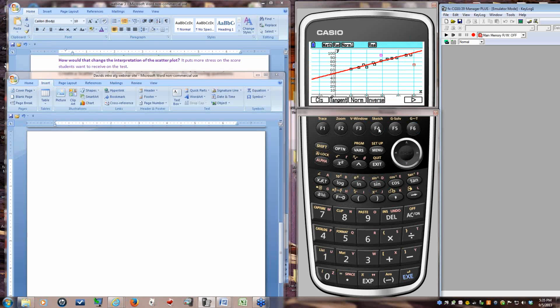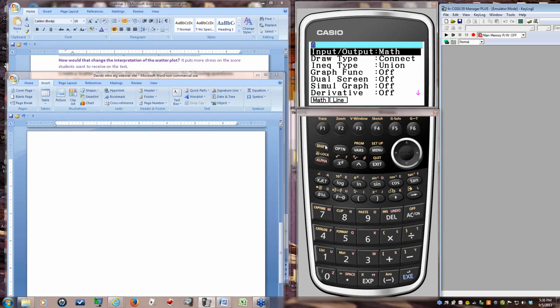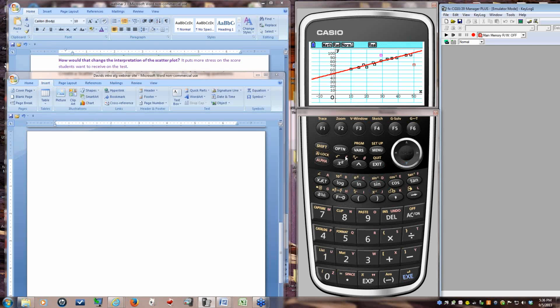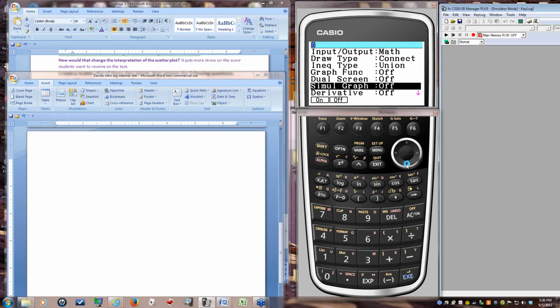So I'm going to do two things. I want to clear the screen of the data points. I want to go back into setup, and I hit setup with shift menu, which gets me to this screen. I'm looking for my background picture, and again, if you haven't used this before, that's what you have to do. From any screen, unless you're in the middle of setting up a window, you go to setup, so it's shift menu, scroll down to the background.